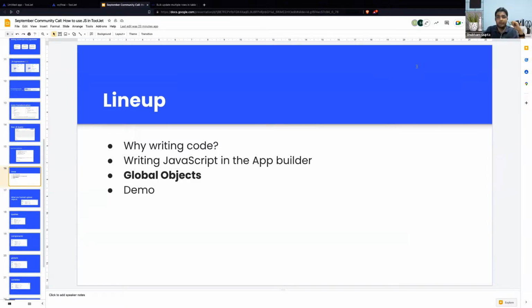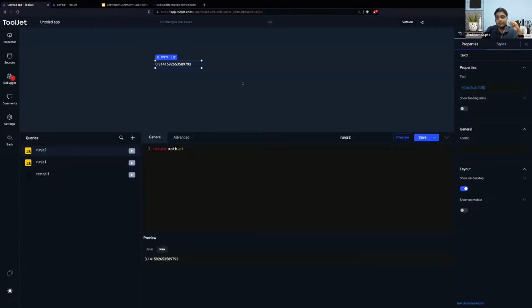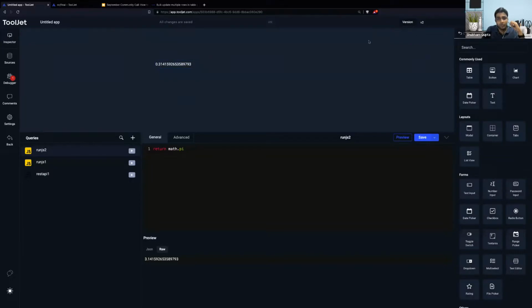But maybe we can quickly recap also. So what we discussed here is the various options we have to write JavaScript code to modify the behavior of the app or to bring dynamic behavior into the app, right? So first is writing JavaScript expressions. JavaScript expressions means a one-line code syntax, one line of code or an expression